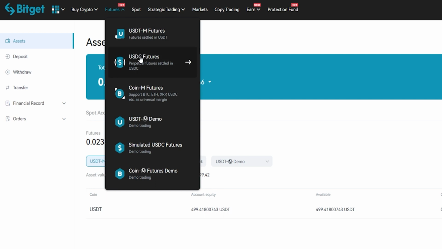Below that, you have the USDC futures, similar to Tether, but all profits and losses are settled in USDC, and you'll also have to send USDC into your USDC futures account. Down below that, we have the coin margin futures. All profits and losses are settled in the underlying asset. You'll also need to fund your futures account with the asset that you intend to trade. So if you were going to do Bitcoin coin margin futures, you'd have to transfer Bitcoin from your spot wallet